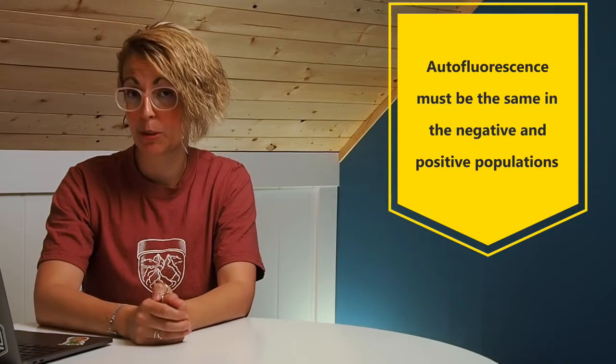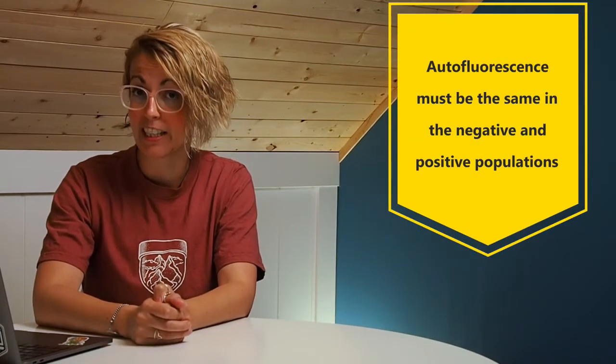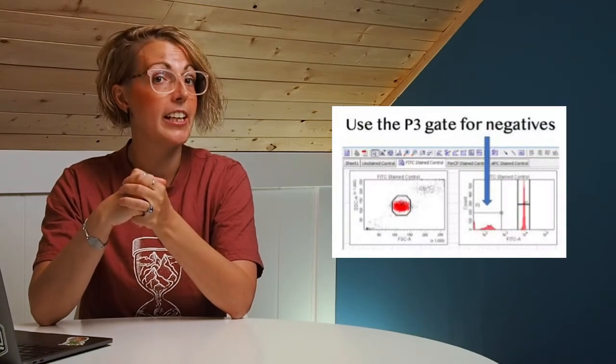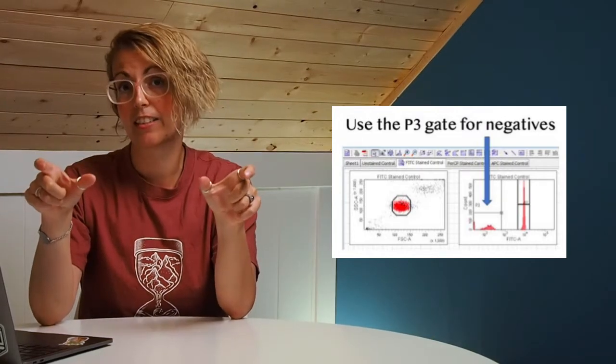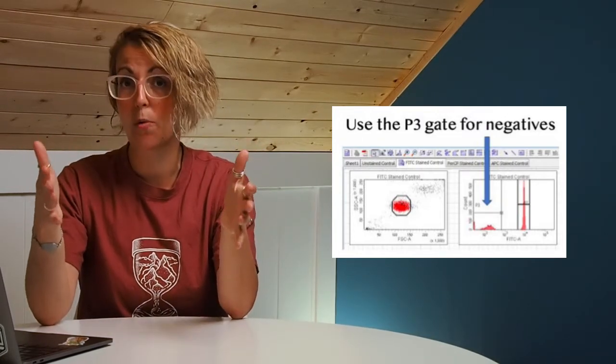Rule number 3, autofluorescence must be matched between your positive and negative controls for any color. So for example, if you use unstained cells as a universal negative, so you're negative across every channel, and then for each of your positive controls you have stained beads, you're going to have a mismatch in the autofluorescence between your negative and a positive. The easiest way to work around this is for each individual compensation sample to set a negative gate and a positive gate. And that way your autofluorescence will always be matched.